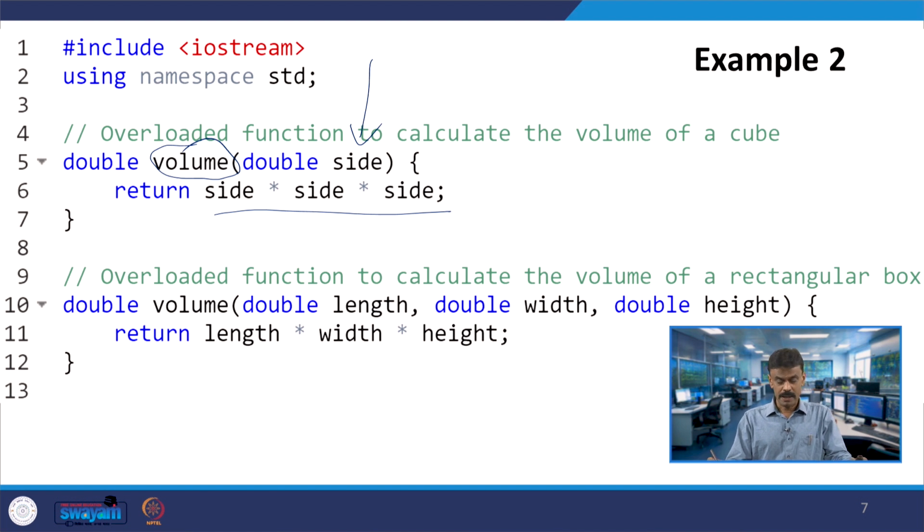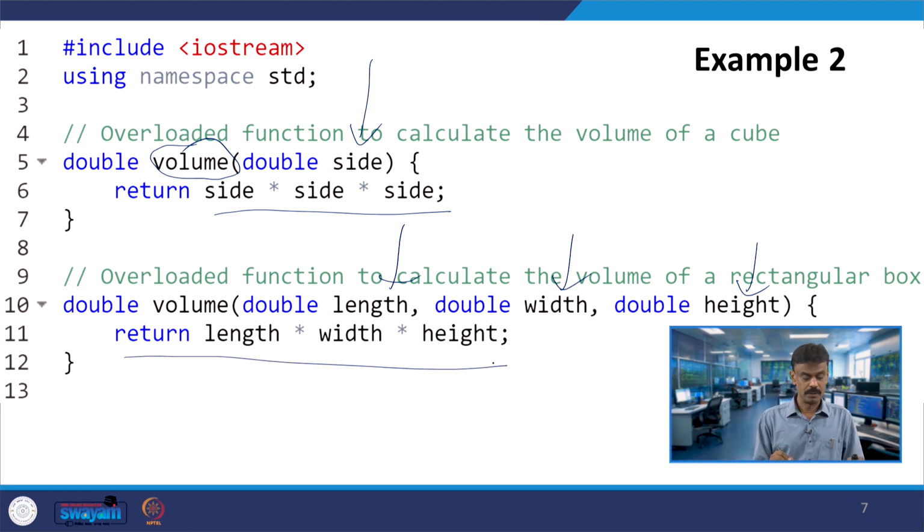Another volume, length into width into height, so 3 arguments. One is nothing but the volume of a cube, another one is nothing but the volume of a rectangular box.